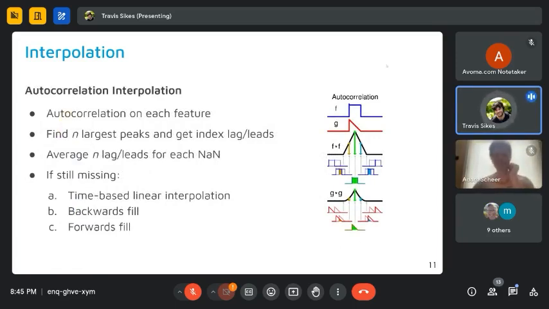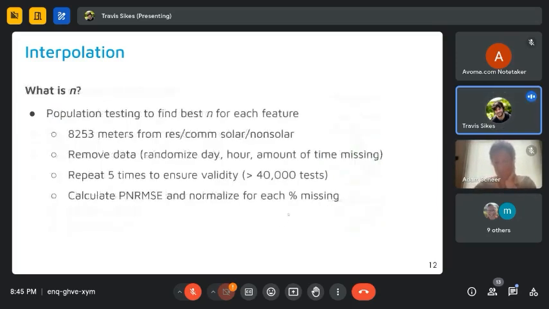This is actually prior to the model. We were removing data, so we know exactly what the data should be, and we can then directly compare to how good our interpolation is doing. So we said N. Armin and I have already said that for temperature, N is 6, and that for observed, N is unique. But how do we know that?